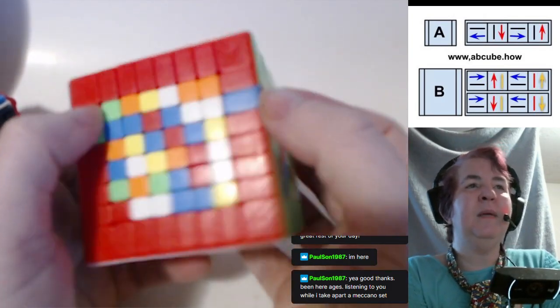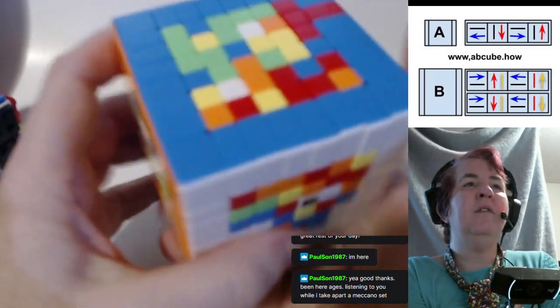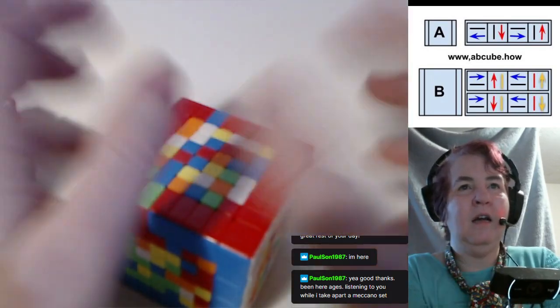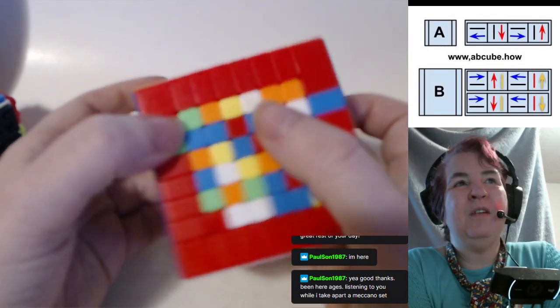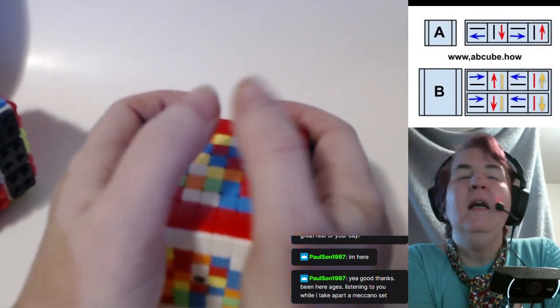This piece wants to be here, this piece wants to be here. All of the other edges are correct. Okay, they're not really, because if the pieces were correct, then it wouldn't have a parity. But so he was